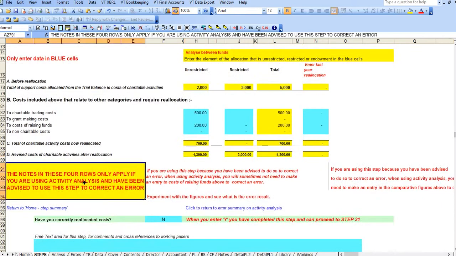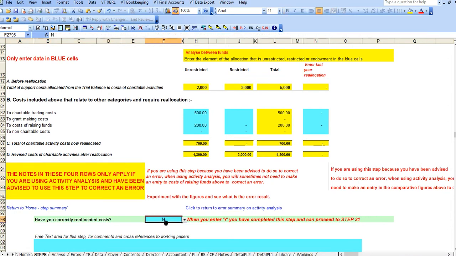These notes here only apply if you have been redirected to this step as a result of an error and you are using activity analysis. Once you've completed this step, enter Y in the drop-down box to indicate completion of the step. That is the